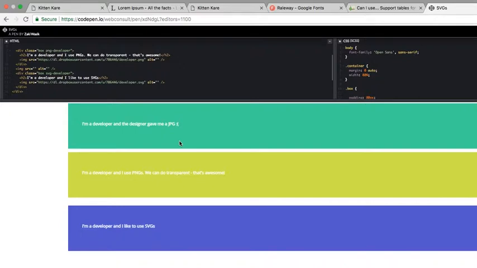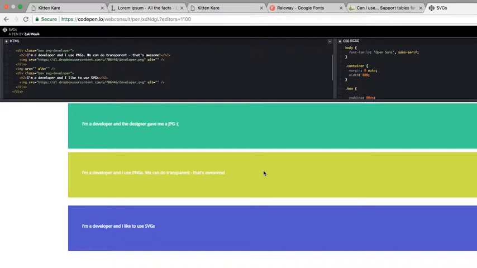So the main thing that I can think about between a JPEG and a PNG is having a transparent background. You can only do it with a PNG. And a JPEG is like a low quality image. I mean, PNG is also not that good, but it's better and you can have that. And the SVGs,